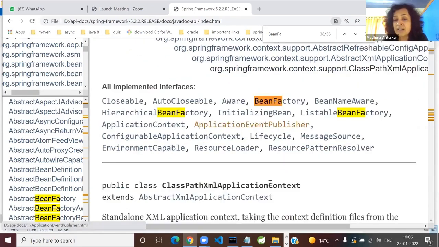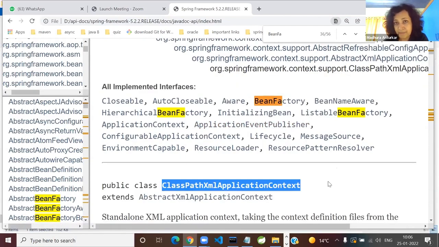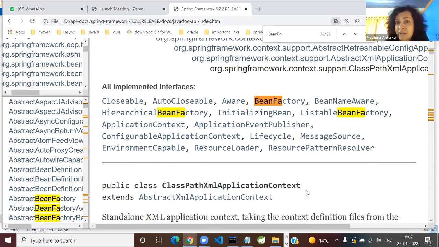Pay special attention to this name. I agree the names are huge and long, but they are self-explanatory. So what is the meaning of it? When you instantiate this class, I'll show you the constructor in a minute. What we are telling the Spring container is: build the application context, which is equal to starting the Spring container, using what?